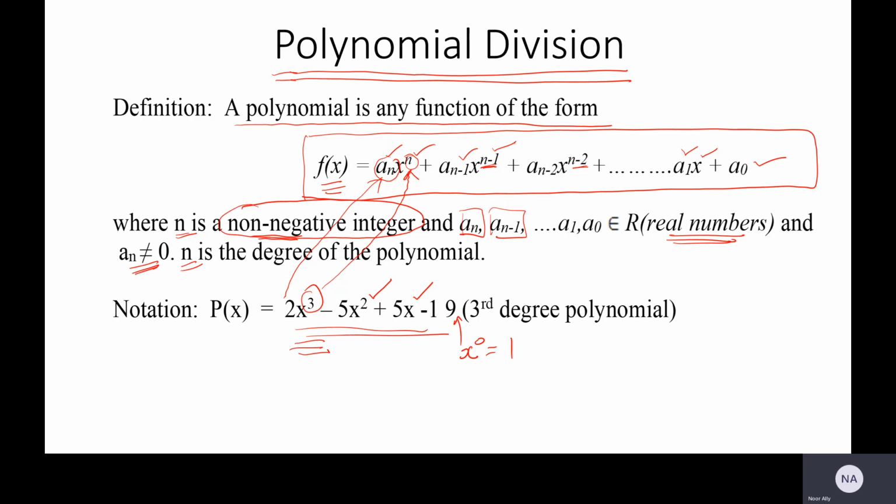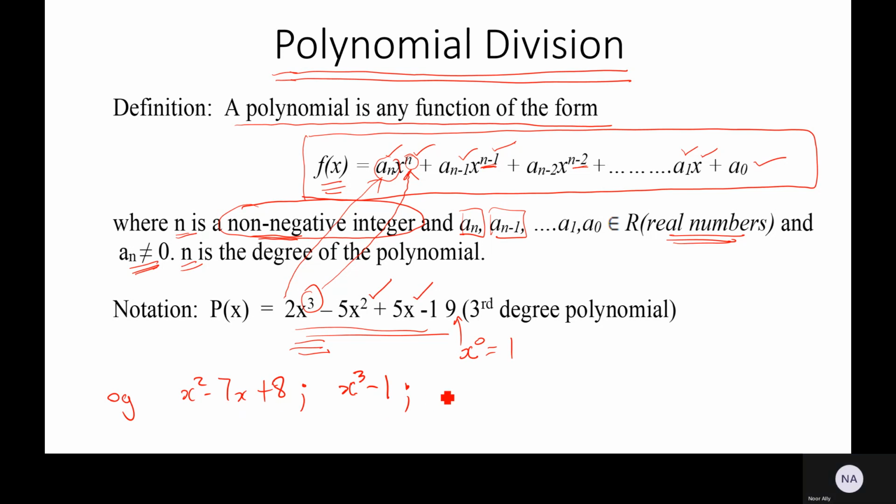So have you come across polynomials? Absolutely. Your quadratics, x squared minus 7x plus 8, they are simply polynomials. x cubed minus 1, they are all polynomials. I can go on and on and on. You don't have to have all the terms. All the terms could be missing, which means